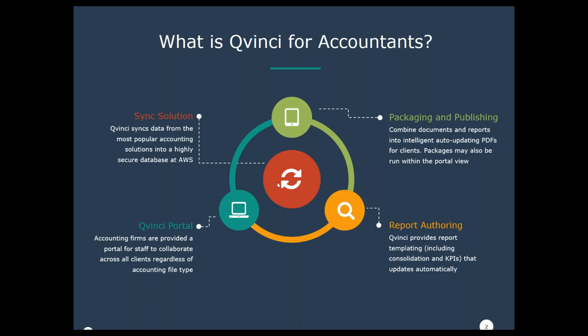In this instance, with authoring combined with packaging and publishing, you're not only going to be able to simply change the template, which changes all of your reports that have been shared to specific clients, but past that, you're going to be able to take a core group of reports, like a cover letter, a table of contents, a comparative P&L report, a year-to-date P&L report, a balance sheet, AR/AP aging, the reports that really comprise that standard financial package, and essentially group them together and publish them as a